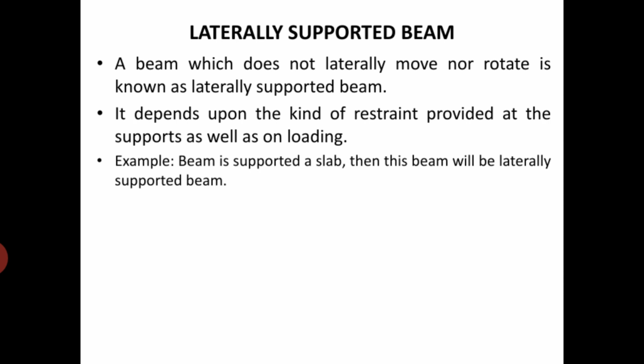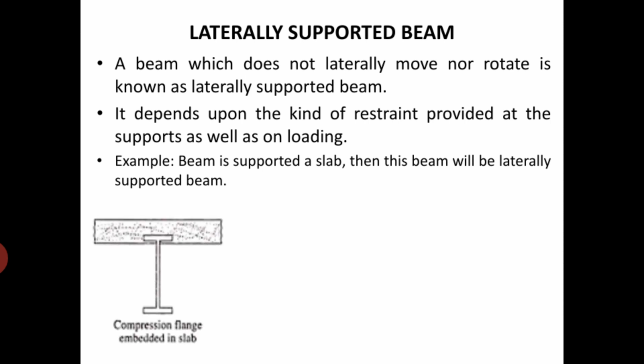Then the examples you can give of laterally supported beams. Beam is supported on a slab. You might have seen the beam and slab being cast monolithically. When the beam is supported on a slab, then this beam will be a laterally supported beam. So here are some of the examples given. The compression flange embedded in the slab. Look at this compression flange. In this compression flange, when the I section, the flange is embedded in a concrete, it means